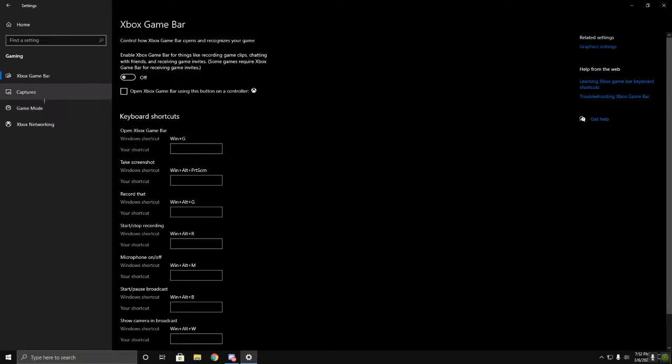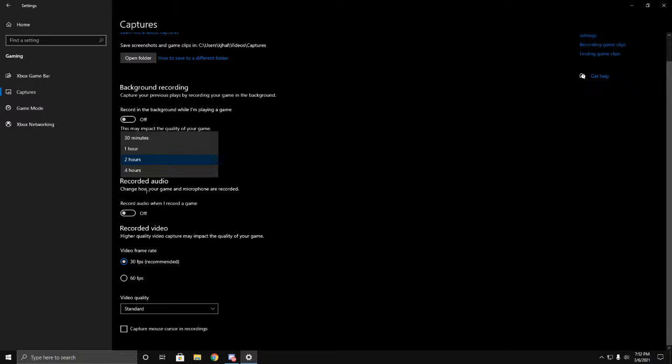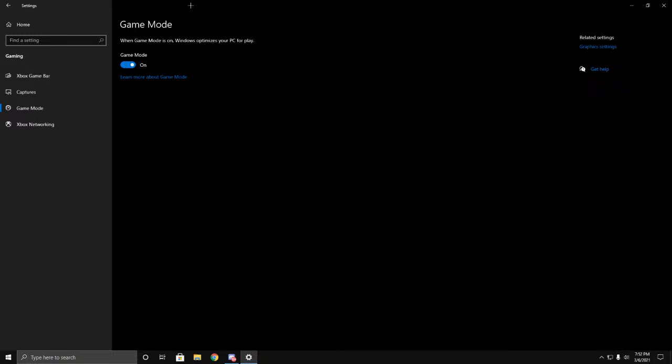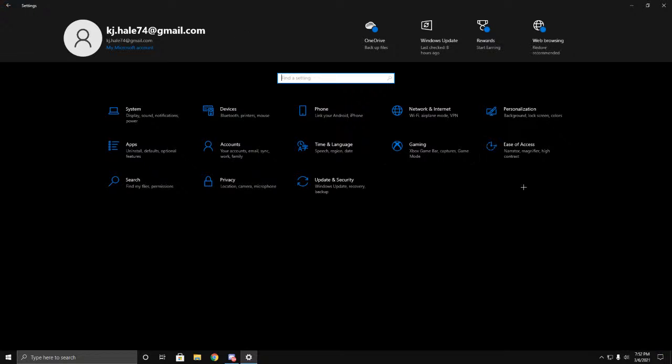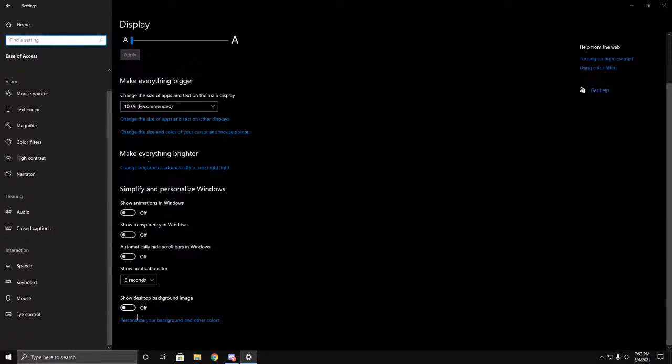Then you want to go down to captures, and uncheck everything in here. Make everything 0. And then you want to go to game mode. You want to have this on if you record stuff. But I just like it on anyway. I don't really record stuff that much. Xbox networking, doesn't matter. Go over to ease of access, and you want to uncheck everything there except